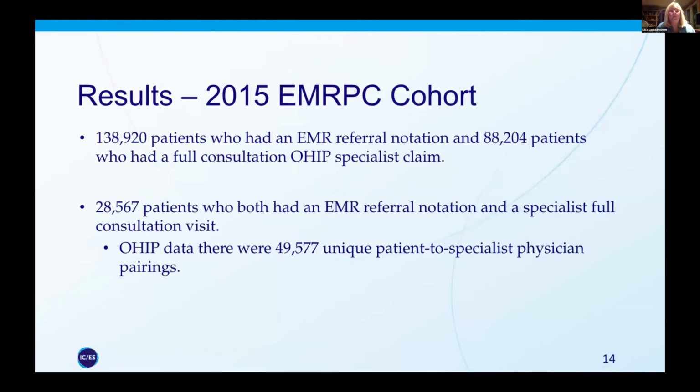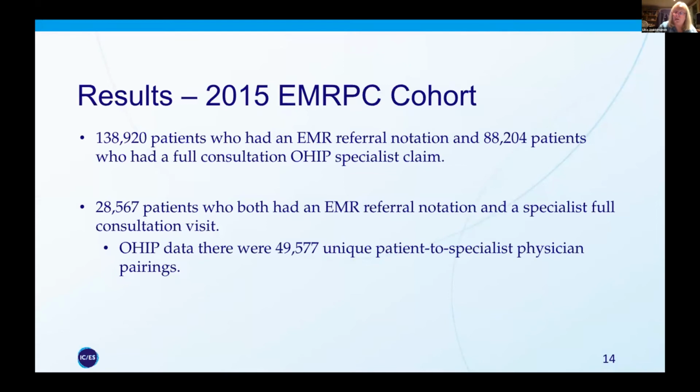So in our results, we had 138,920 patients who had an EMR referral notation and 88,204 patients who had a full consultation claim. Amongst them, 28,567 patients had both an EMR notation and a specialist consultation visit. And there were 49,577 unique